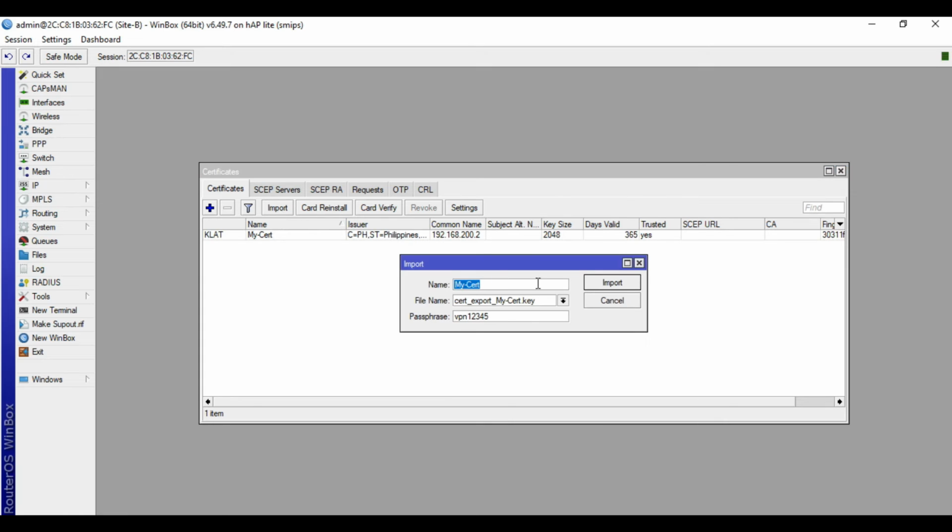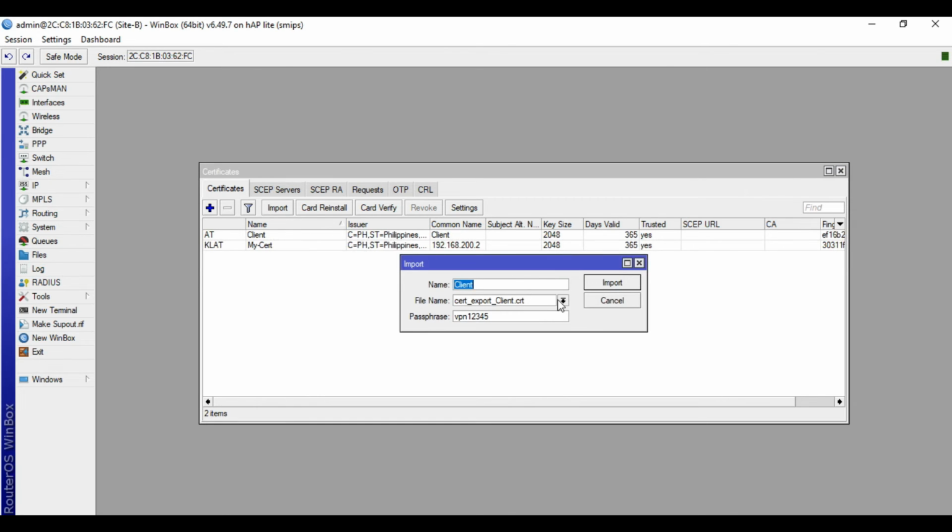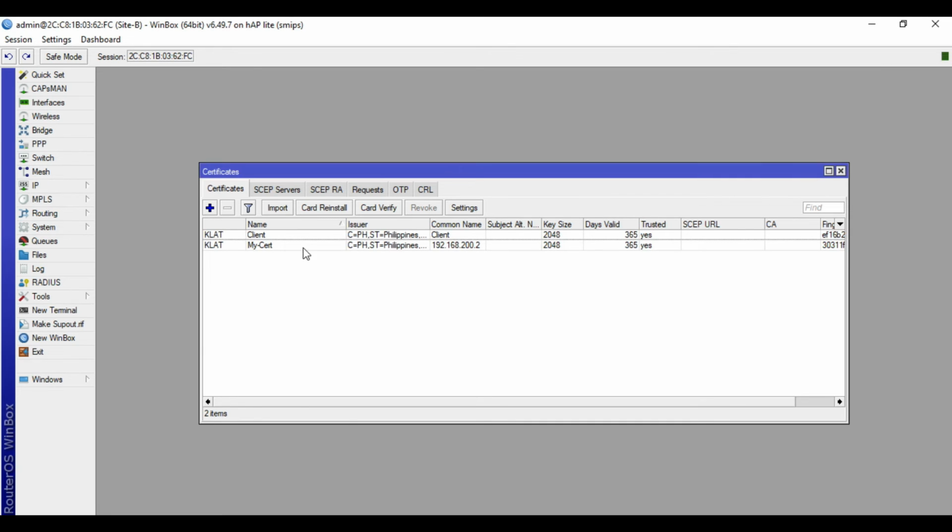Click Import tab. I'll name this one client. Then for the file name, I'll choose client.crt. Then input here the passphrase. Click Import. Click Import button again. Then for the file name, choose now the client key. Then import. Alright, so as you can see, we successfully imported the certificates.